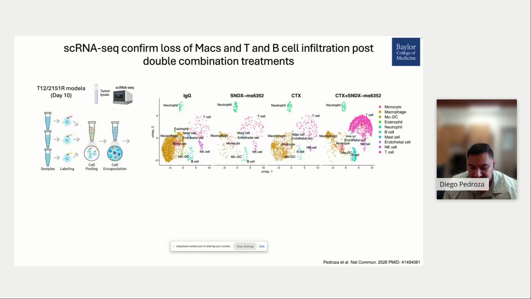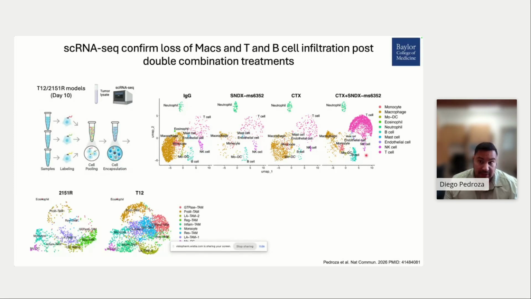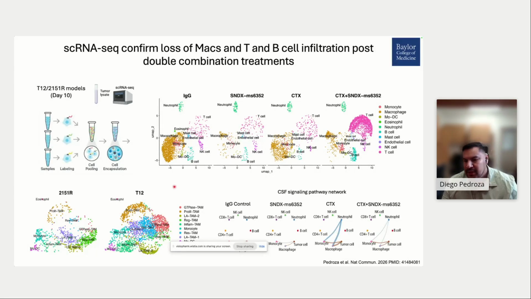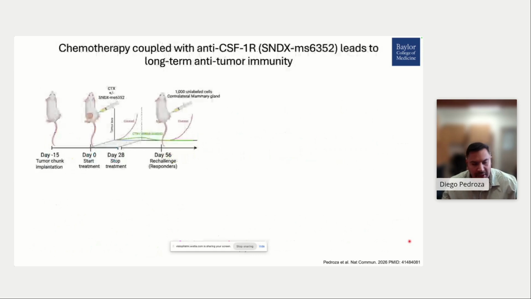And we see a huge increase in T cell abundance as well as B cell abundance, which led to the elimination of a lot of tumor cells. We also see, again, as I mentioned before, a large accumulation of different types of macrophages that we transcriptomically have profiled now. We can also do signaling pathway network analysis, where the combination basically impedes direct communication between the tumor cell and the macrophages and monocytes.